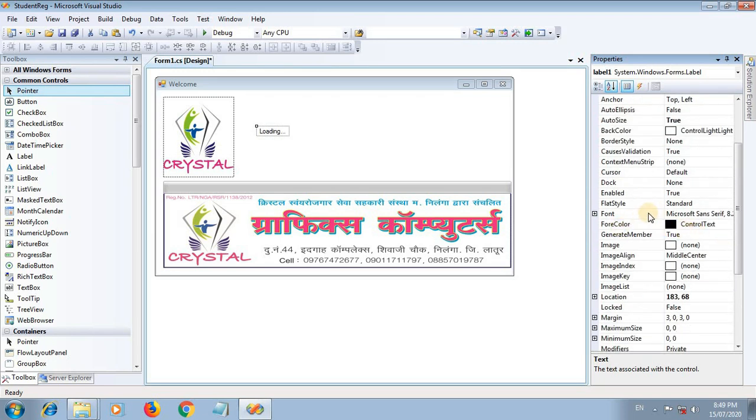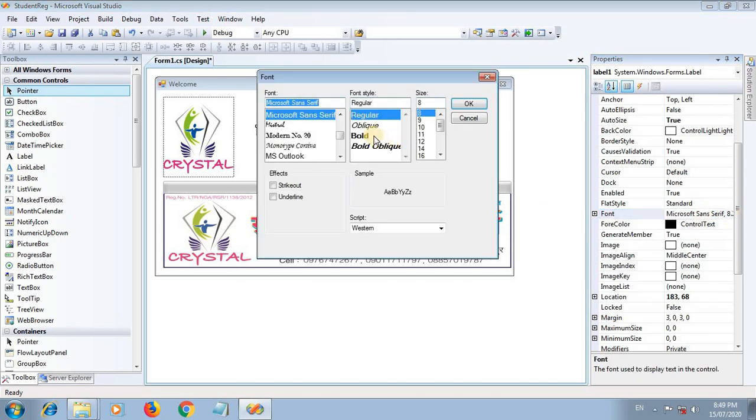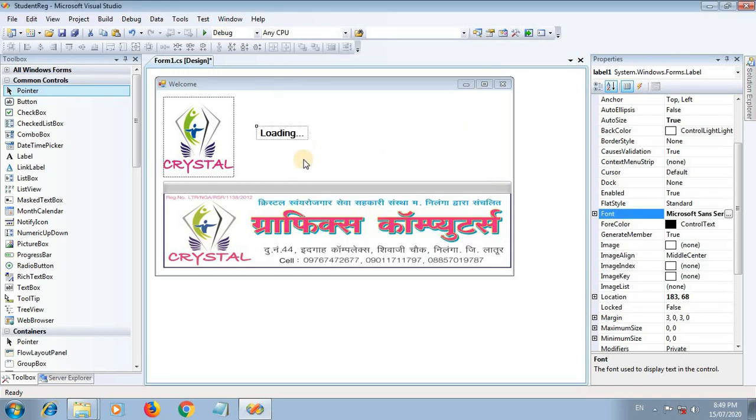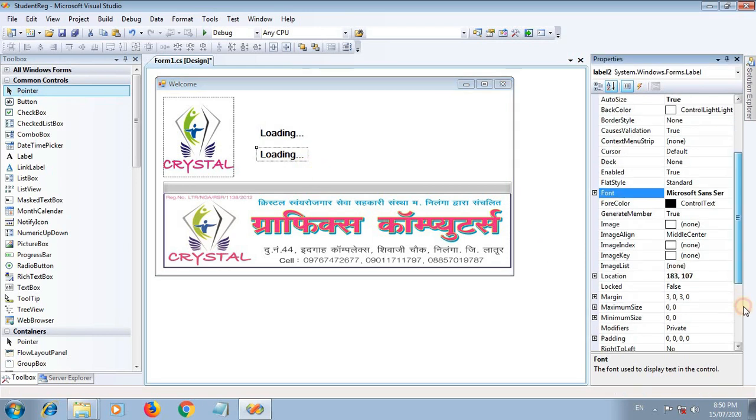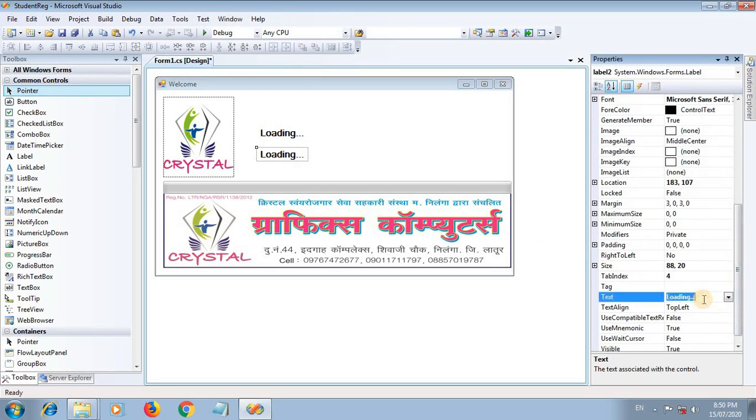Change the font size of the label, that is the font property, bold 12. Okay, so this is the font property. We need to add another label, so just copy and paste it. So this is another label, and change the name, that is starting up.